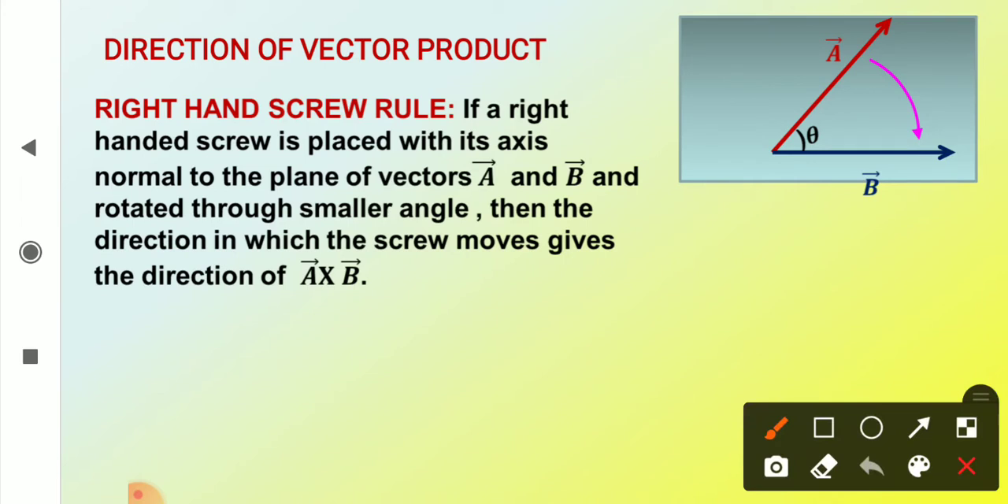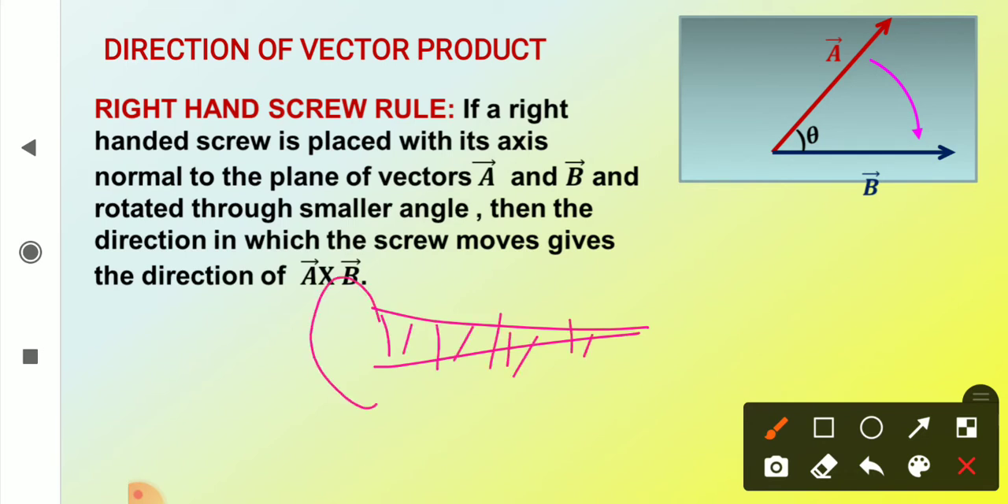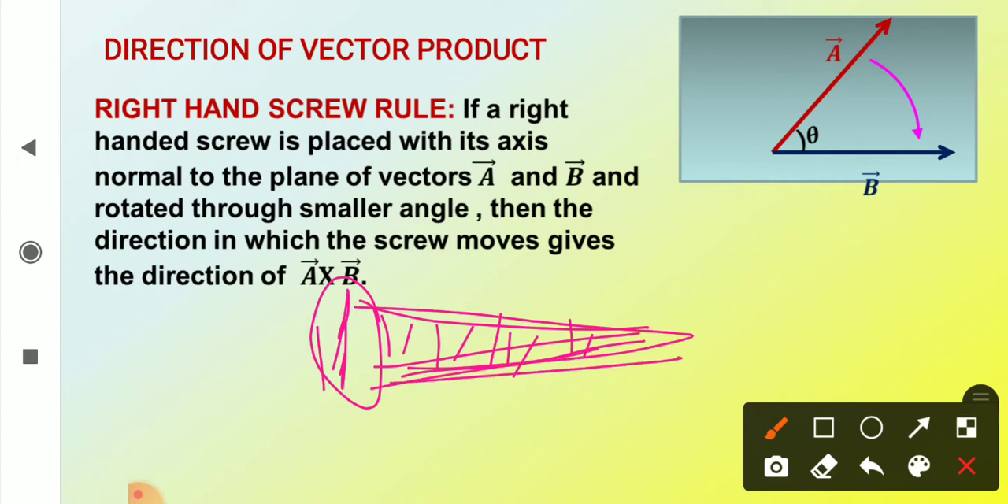like any screw जिसमें कि बहुत सारे ऐसे होते हैं, and see something like this, and you can put inside any either wall or wooden block or anywhere, right? So if the axis of the screw is normal to the plane containing vector A and B and rotated through smaller angles. See, this vector A and B have, this is small angle and the bigger angle between them will be